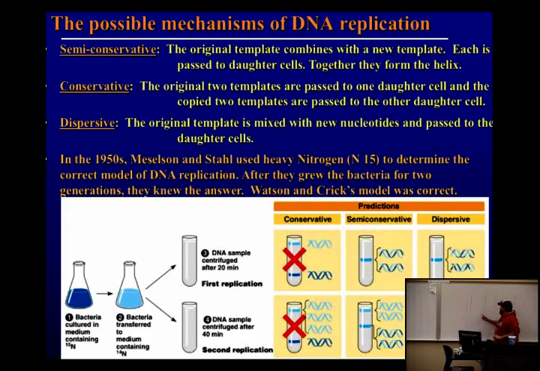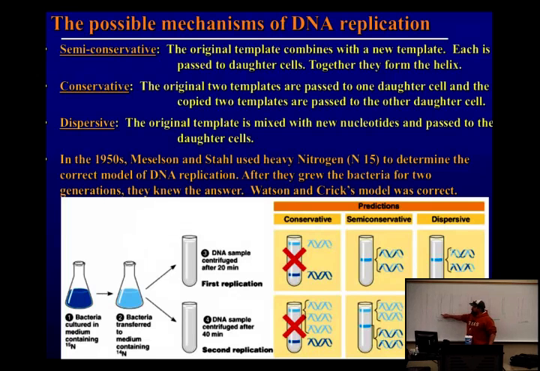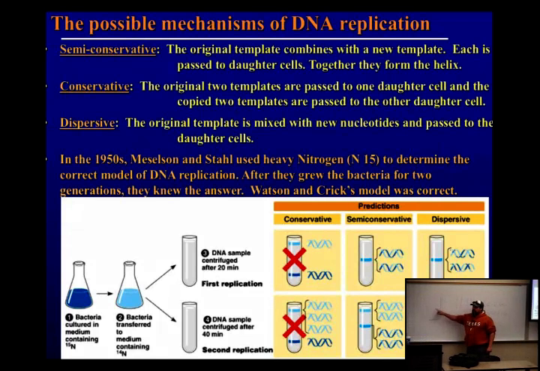And so if you copied this with, say the green is the heavy nitrogen, and you ran this through a gel, kind of like we did in lab, how many bands should you get? In other words, would these be the same weight? Well, they should, right? Because this is a mix of heavy and light. So these should be relatively the same weight. This one is light and this one's heavy, so how many bands would you get here? 2. That would be correct. And this one, they're relatively the same, so you should get 1 band, right?